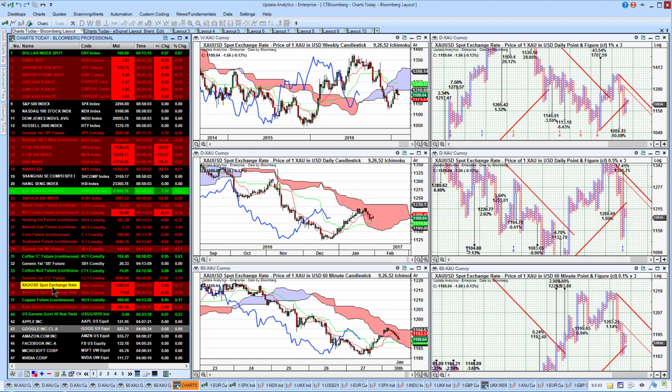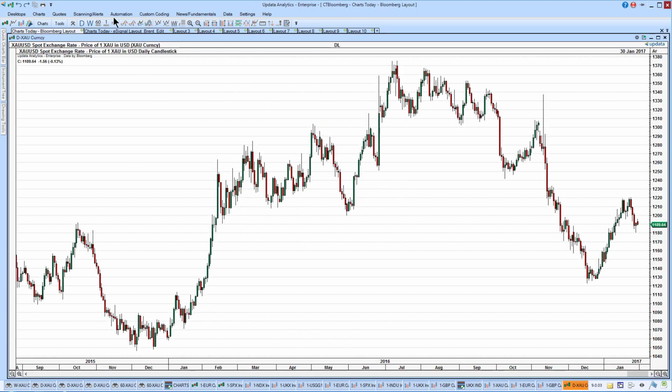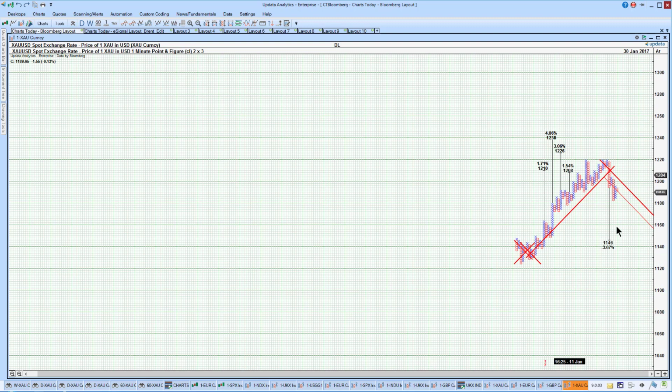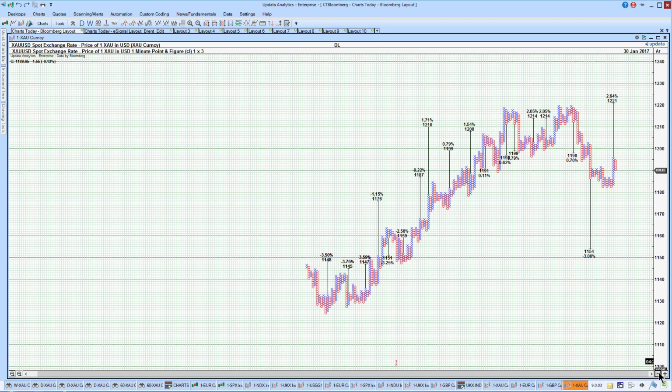Of course, if you're watching gold very closely, you could take a look at the 1-minute chart. We see here, just looking for downside potential here of 1146. If we go to a smaller box size, interestingly here, this is the picture now. 1154 is activated, so that's downside potential of 3%. We do have a new upside